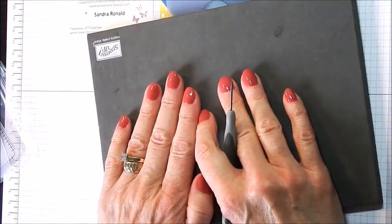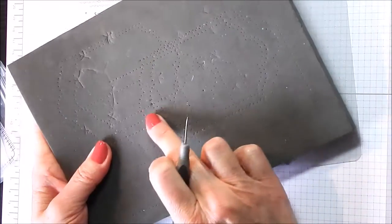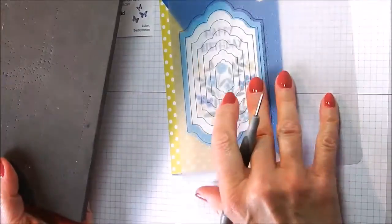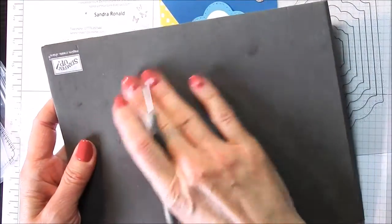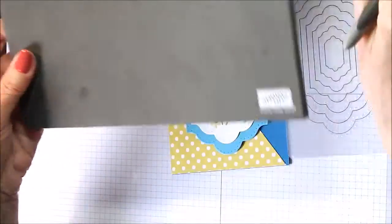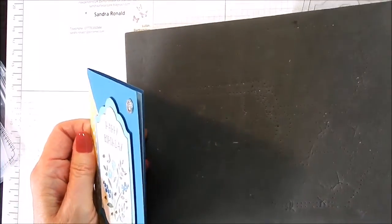You've got to realise though that you'd probably just have to use it for paper piercing, because as you can see this is full of holes where I've been paper piercing. So if you wanted it for doing your stamping, you'd have to buy another one. So just to show you how easy it is to do,